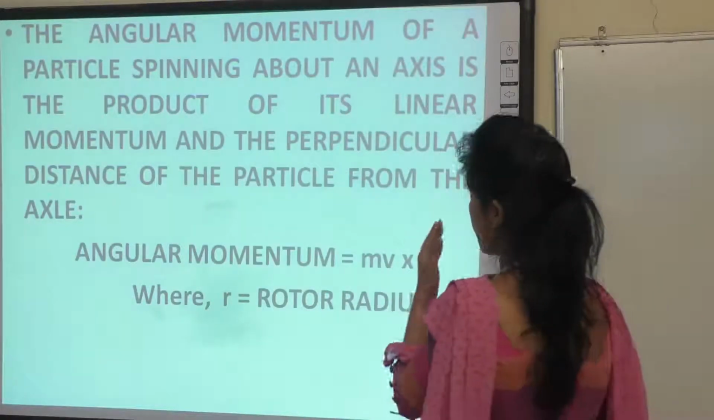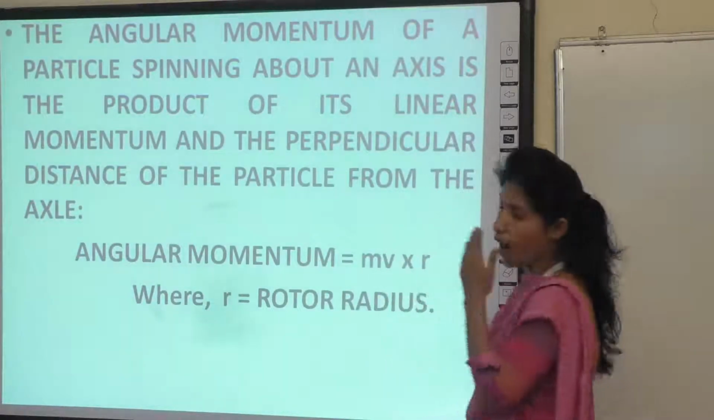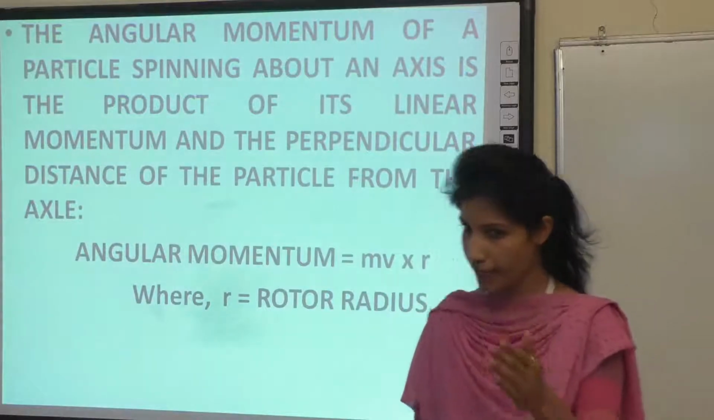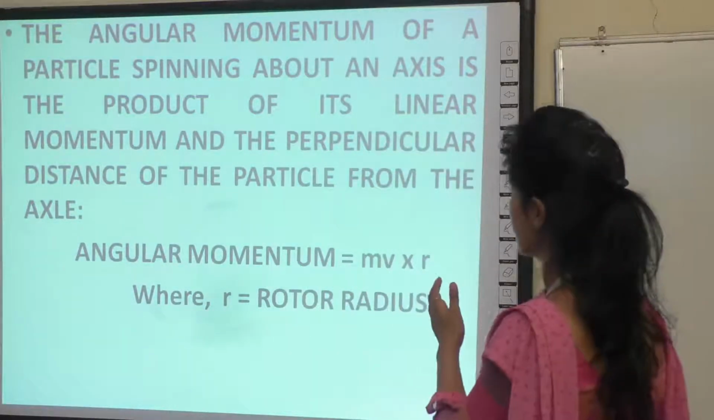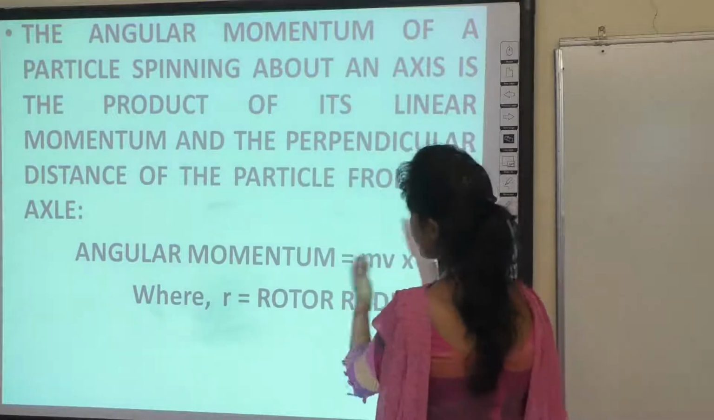So the angular momentum of a particle spinning about an axis is a linear momentum, and perpendicular to the distance of